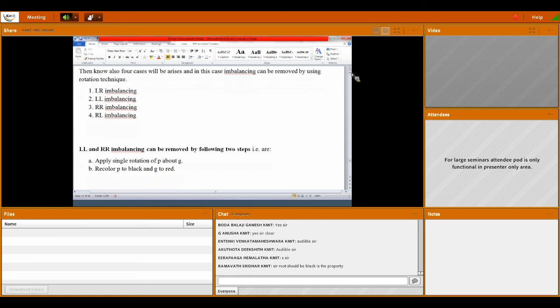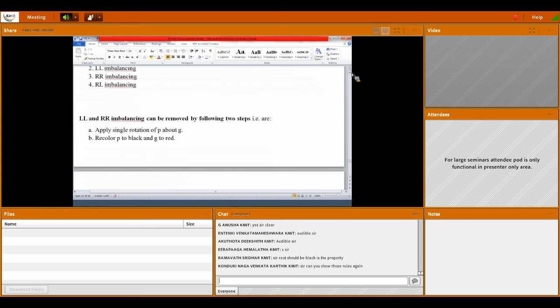Please understand what a red black tree is. A red black tree is a binary search tree, and whatever properties apply to the binary search tree are applicable to the red black tree too, because a red black tree is a binary search tree.